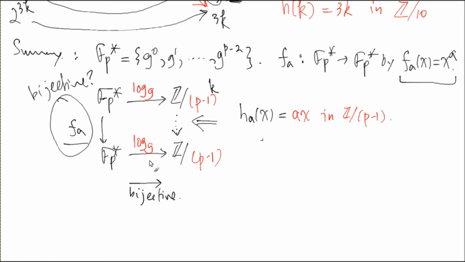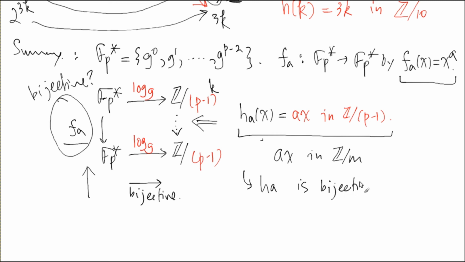Because of the bijectivity on the horizontal side, you can prove that if this map in the second column is bijective, then the first column is bijective. So you come here, a is arbitrarily given, and how do you determine whether this map, a times x, is bijective? We did this problem already. It's the Z mod M world now. p minus 1 is no longer prime, right? So think about this map ax in Z mod M. That defines a function, multiplying by a in this Z mod M world. When is this bijective? h_a is bijective